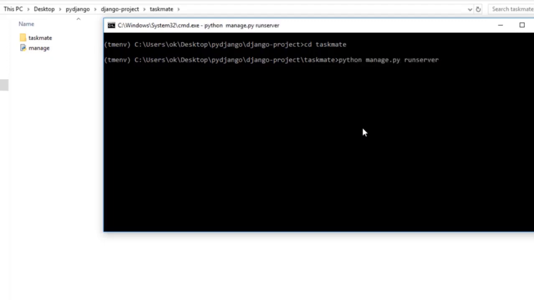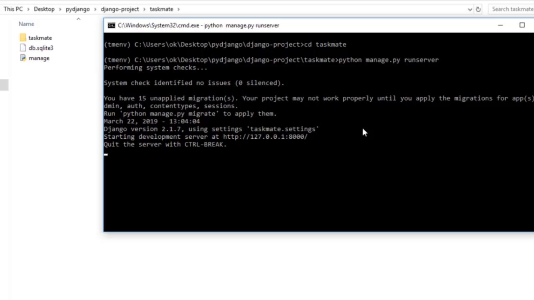So just run this command and it might take few seconds to load your server. And here you can see your server is ready. Now this is your current port, that is your server port. So if you are working with an online server, that is once you have shifted your whole project on an online server, this might change. At this point of time we are running on a local server, so you might see this IP as well as this port.